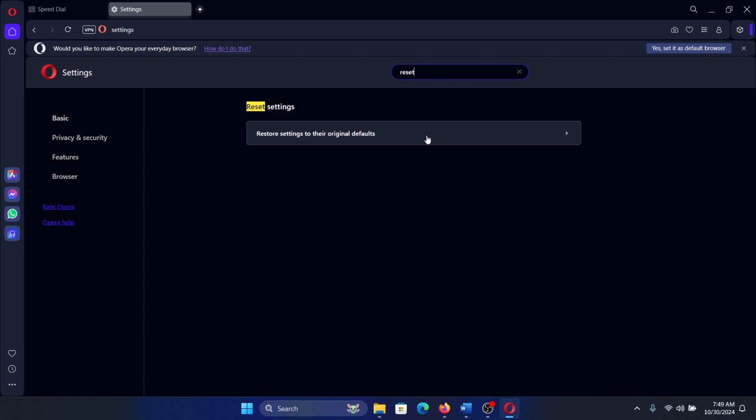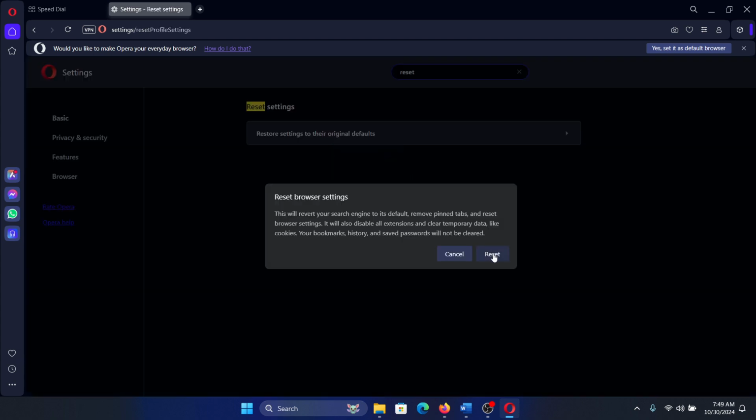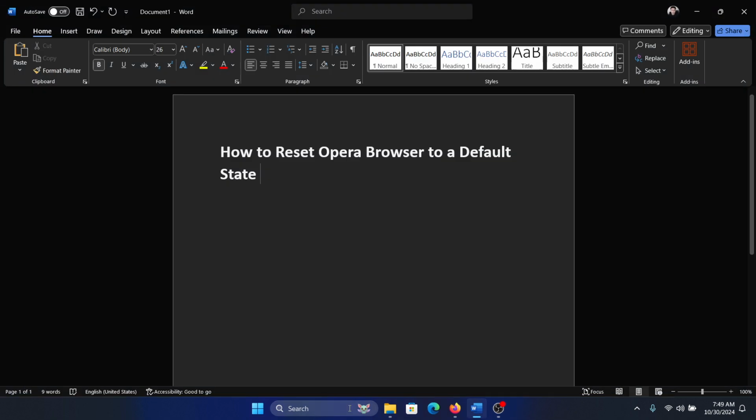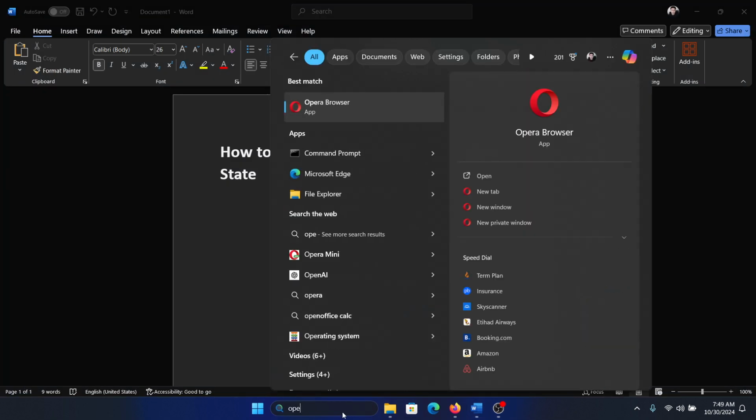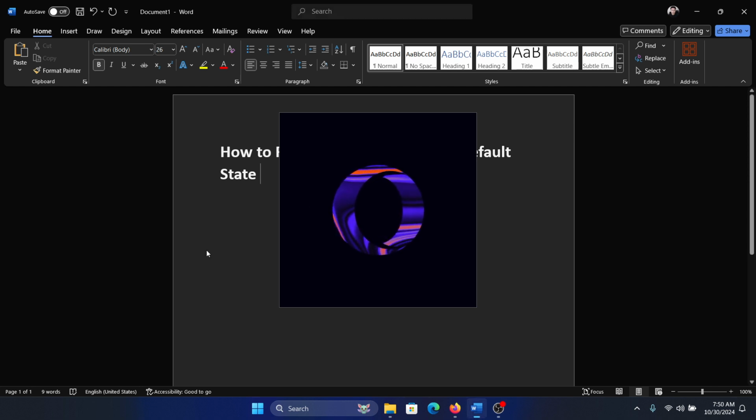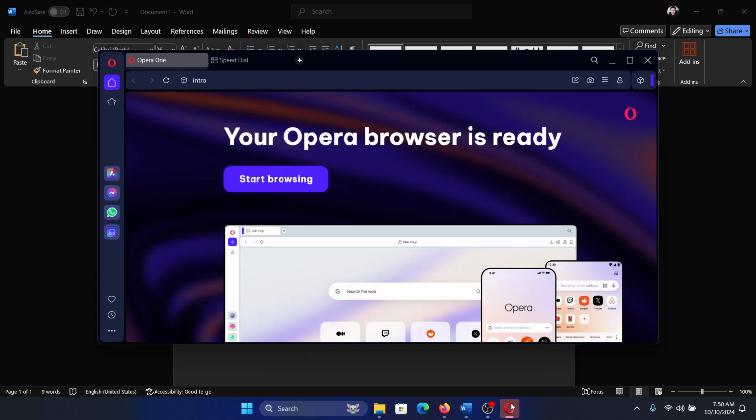So you can see it's similar to Chromium browsers. All you need to do is click on this option, restore settings to their original defaults, and then select reset, and all the settings will have been selected at the default. But yes, you will have to close Opera and then open Opera once again for the reset settings to take place. And you can see this time it's loading, taking much more time to load because it is configuring the